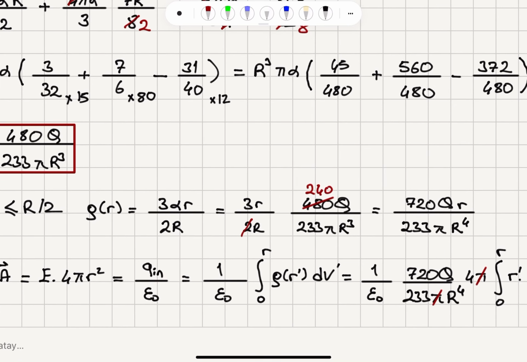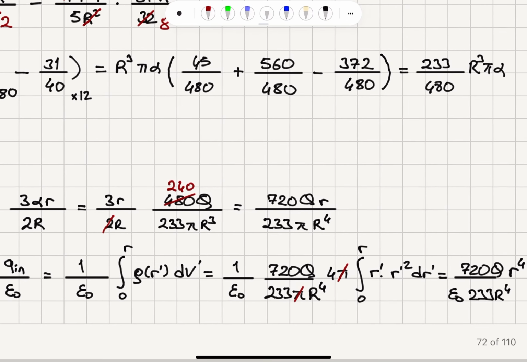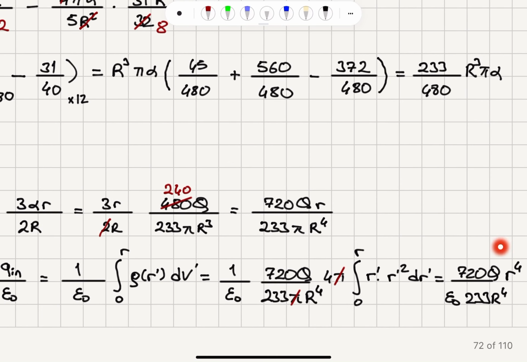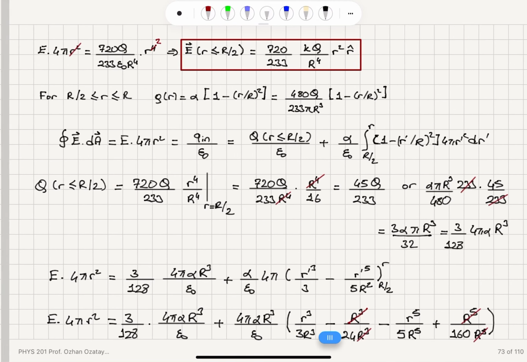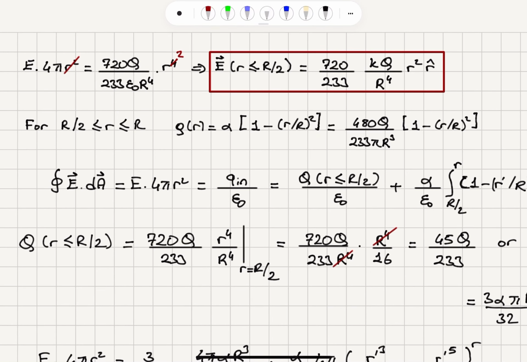To find the charge enclosed, we integrate the charge density, volume charge density dV in the region between 0 and r, where r is less or equal to capital R over 2. And this gives us an answer that depends on r. And when we write the Gauss law, E times 4 pi r square is charge enclosed divided by epsilon 0, we obtain our answer, which is proportional to r square in r hat direction. For capital R over 2 less or equal to r less or equal to capital R, we do the same